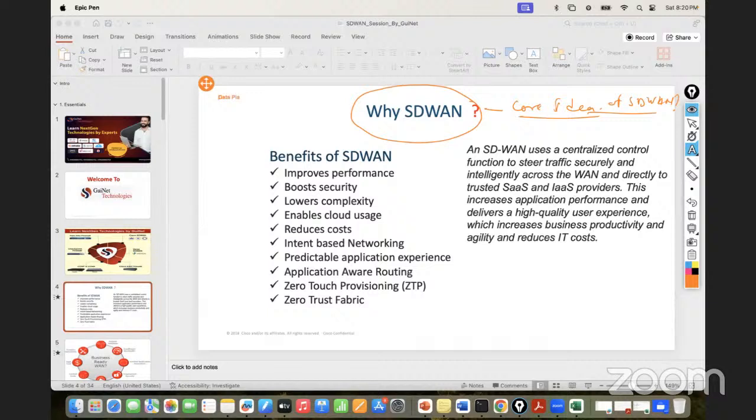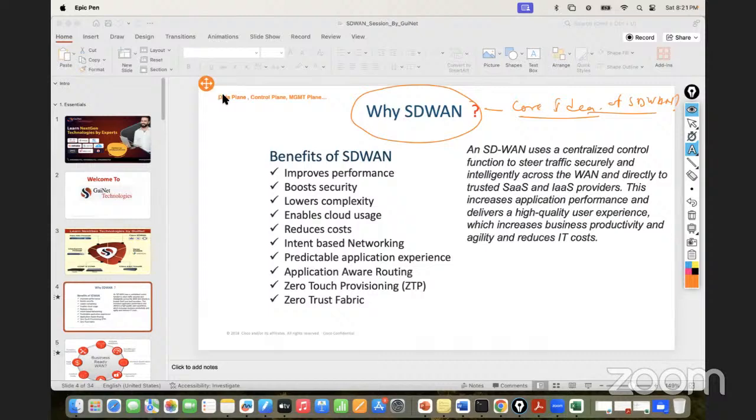Perfect answer. This is what I want to listen from the audience. So we have the data plane and we have the control plane. Let me add it here. Thank you so much. You guys also note this, probably this is going to be asked in the interview, and we have the management plane as well. So we have different planes. So the core idea was,